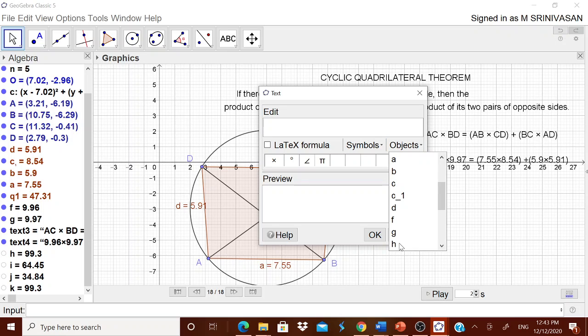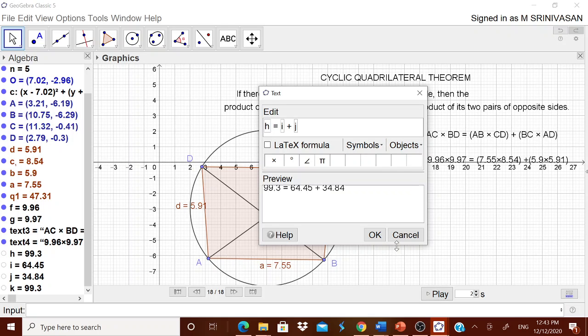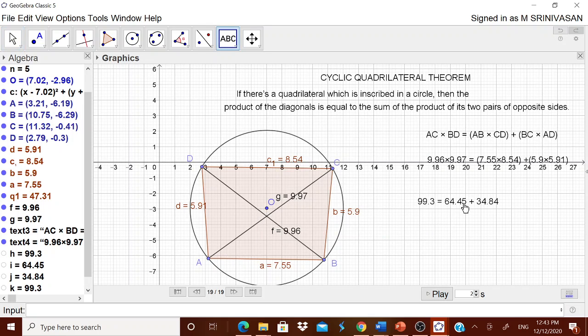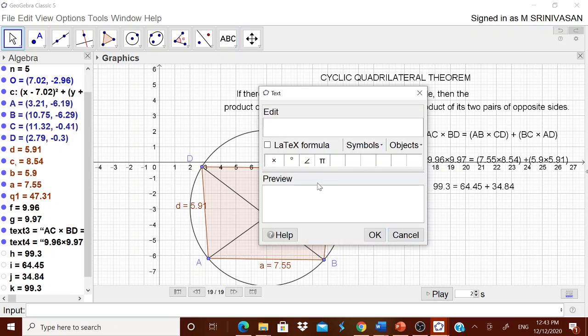Therefore the object is h. Therefore h is equal to i plus j. Therefore from here i, plus from the object again I have to take j. Okay, you just put okay. Now a child will tell that this is the left hand side, that is the right hand side. Once again you can tell it to the children that h is equal to